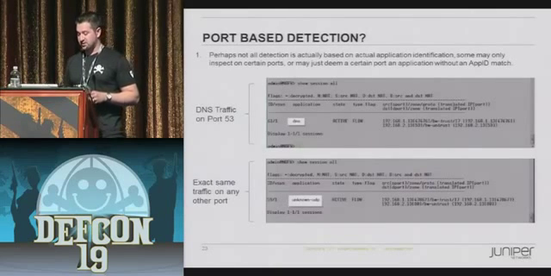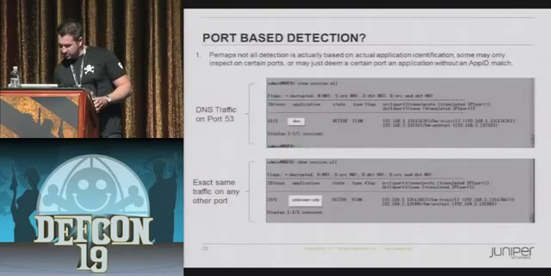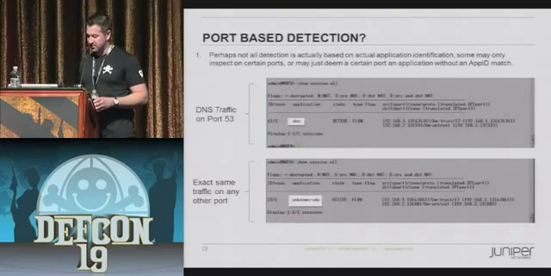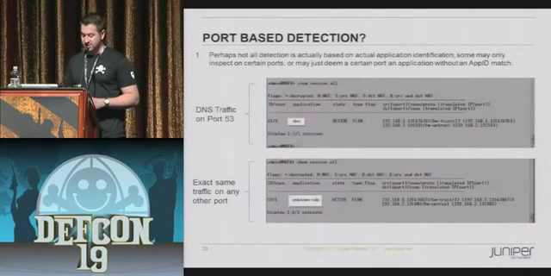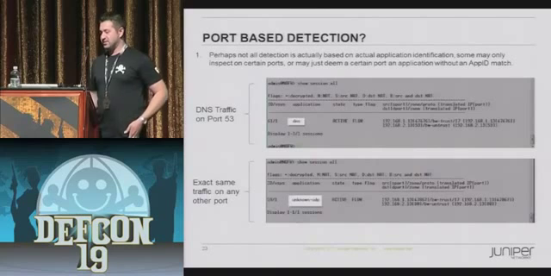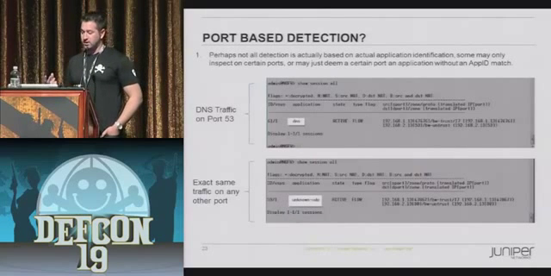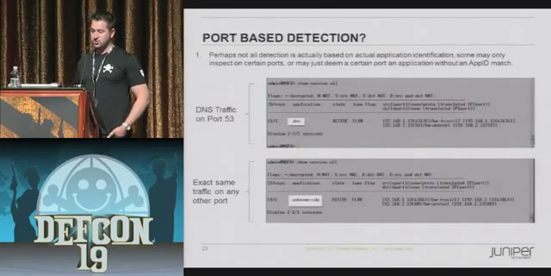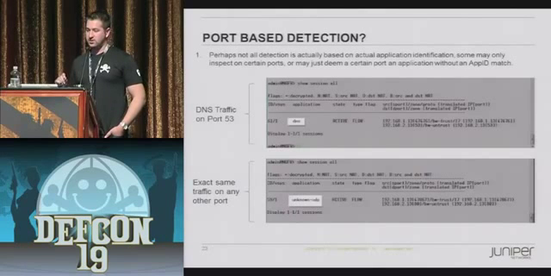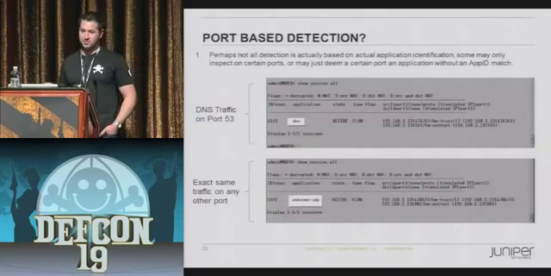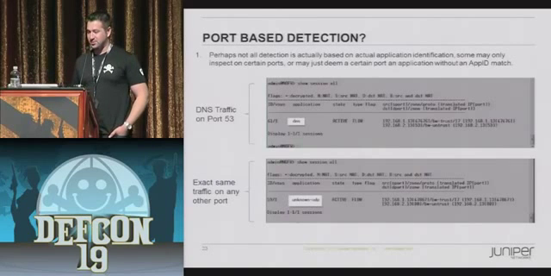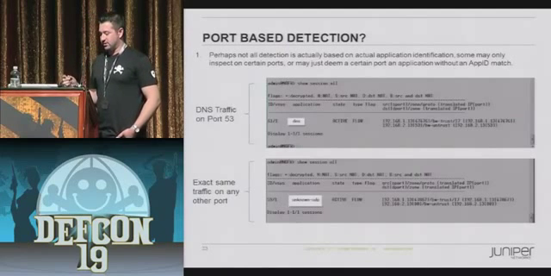In this case, I sent DNS over, what port was it? Over port 80 or something, versus port 53. It was the exact same traffic, but it was detected as being unknown. Now, this isn't necessarily a vulnerability, because in some cases, as I mentioned, this is done for accuracy. DNS is probably an extreme example, because you really ought never to see it on any port besides 53. But it certainly is possible, and if you're evaluating or looking into this technology,